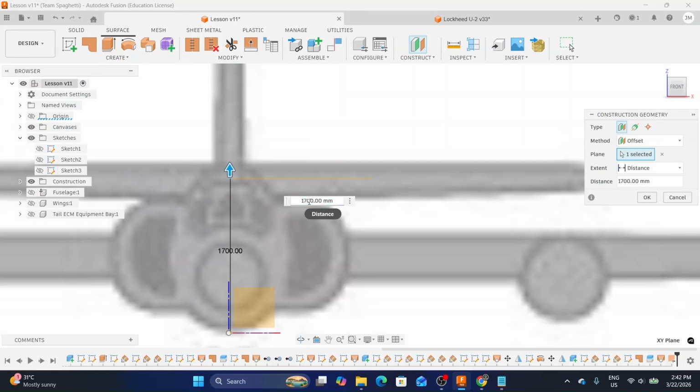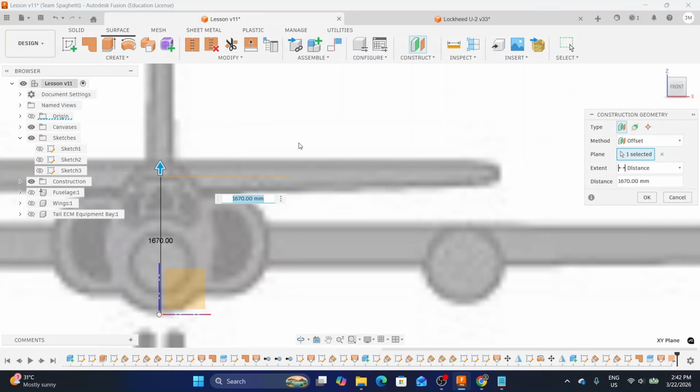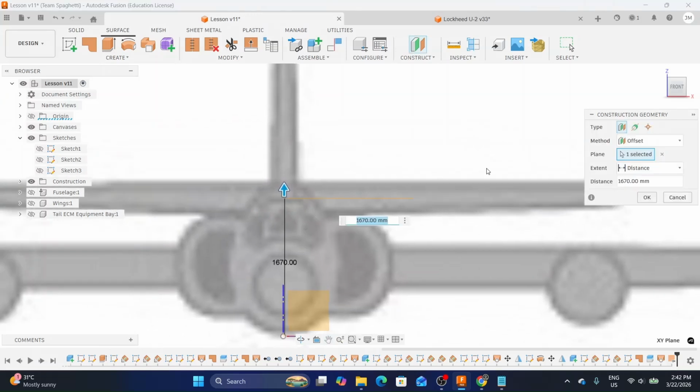Maybe let's go for about only 1600, or no, maybe 1650, or how about 1670? I guess this is okay. So I'll finish offsetting the plane. So I'll press OK,